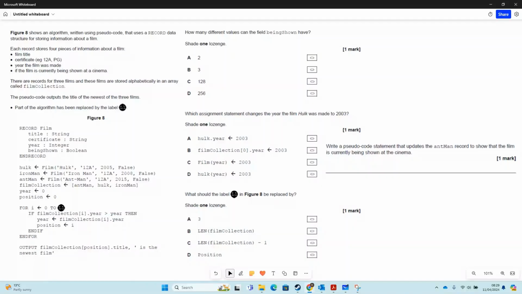Now, this is a question from GCSE paper 1, which is about records. Records are relatively new to the spec, and it's not something that's necessarily that easy to write in Python, but this is pseudocode, so we have to remember that we're not quite using Python here. It's pseudocode. It's just a way of describing an algorithm. So we're using records, and they've defined a record here